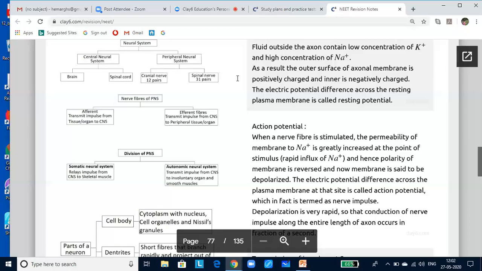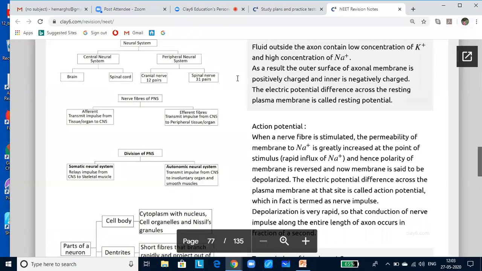I'm giving this data because in one or two exams they have asked the number of spinal nerves. Though it is from outside the textbook, I don't know why it was asked. Since it was asked, I'm giving you this data. The first 10 pairs are common for frog and rabbit.